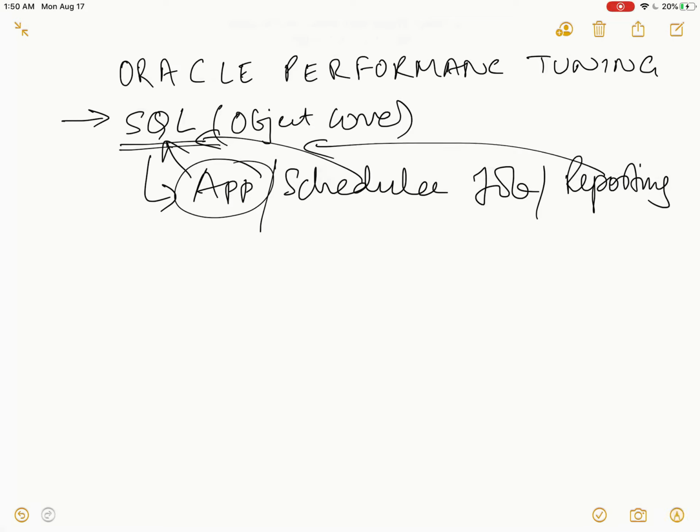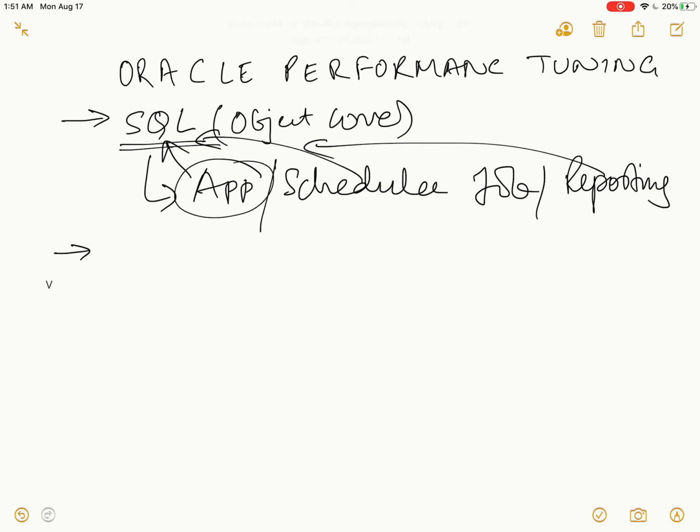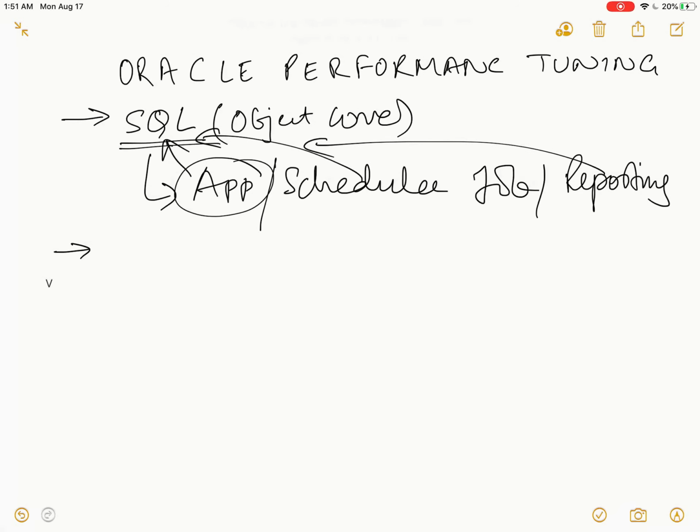Okay. Now the thing is, you can question when the application was designed. At that time things were okay, but suddenly the performance issues are coming. So there could be 4, 5 reasons, or maybe 2, 3. Let's try to see what they could be. So the practical approach, what happens is: a recent change